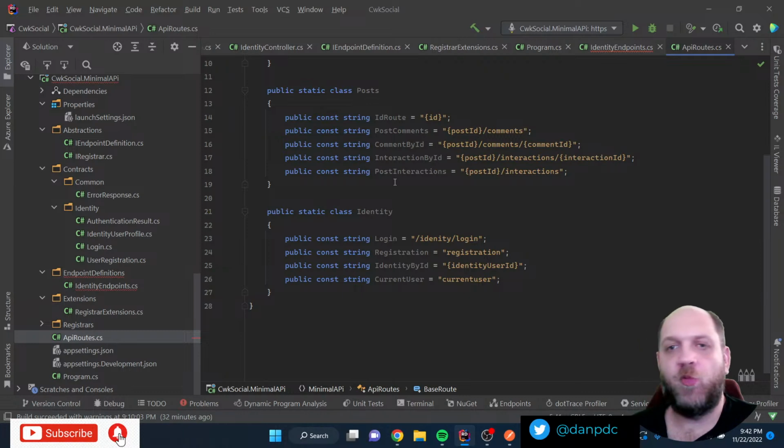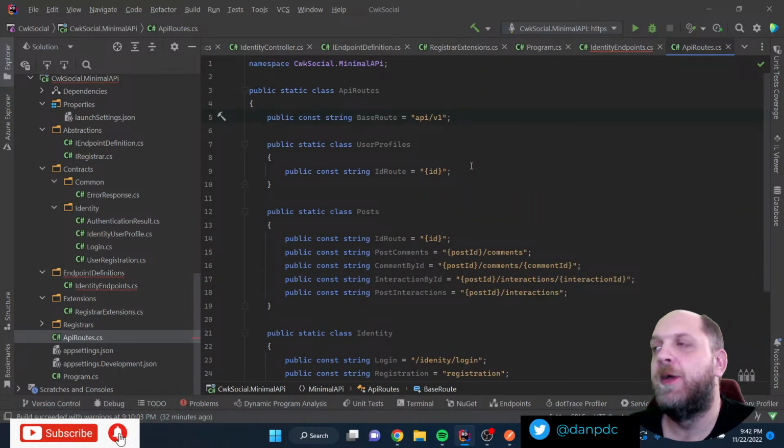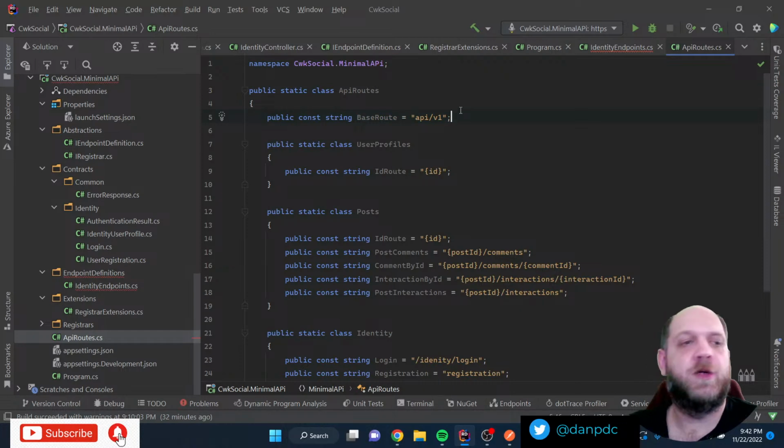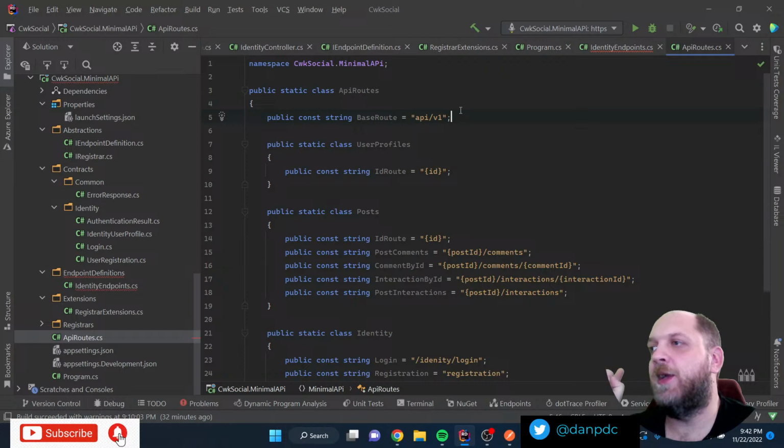So the first thing, when we move to minimal API, if you already have an existing API with all the routes in just one class, like we have it here, like I usually do in applications, this needs to be refactored. Because in this case, we will not have a base route anymore, although we still can do that.